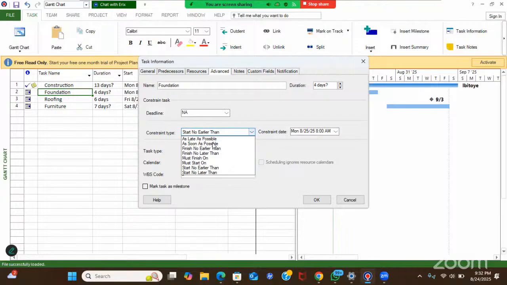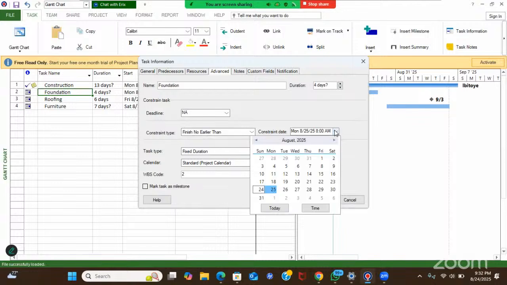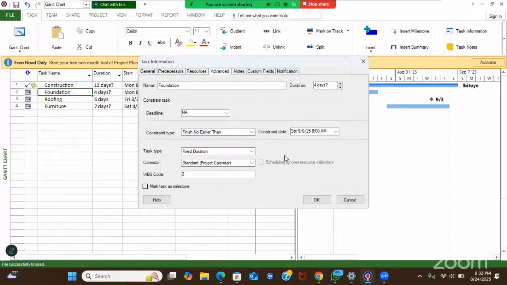So whatever command you want to put here, if I put finish no earlier than, I have to come here. Now the calendar, what time frame do I want to put? I need to make sure that this project must finish on the 6th, and I include it. Now, this constraint